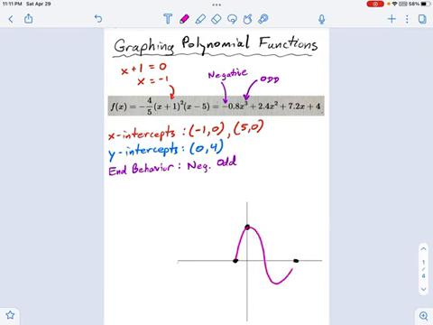I can't go down and then back up. Do you guys see why? I just made an x-intercept. That's not allowed. You can't just make x-intercepts when you're drawing a graph. You have to use only the x-intercepts that are shown to you. So that means we're going to go like this. And now the question is, what else does it do?